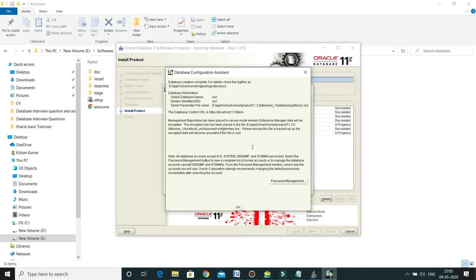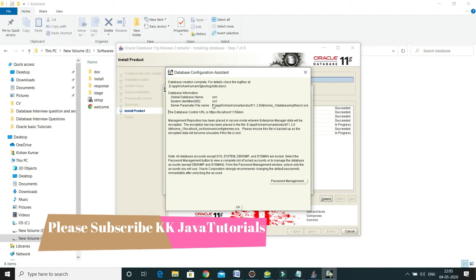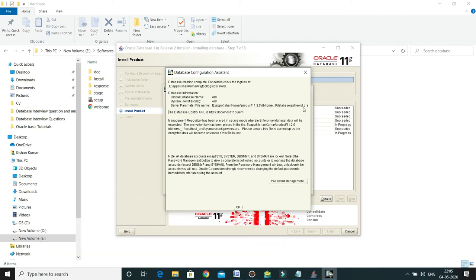Here you can see database creation is completed. Here you can see the global database name ORCL, the system identifier, that is SID ORCL itself, and the server parameter file name is located at this location, right?